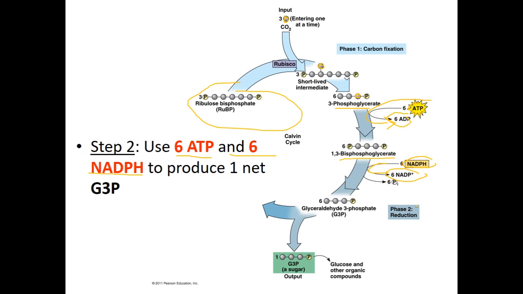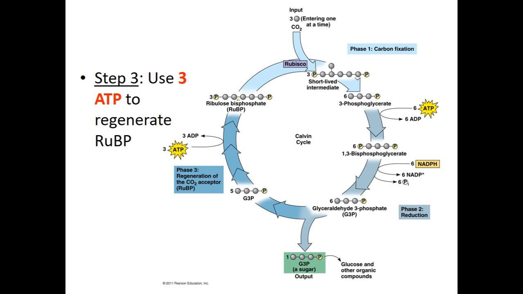And then in phase 2 is the reduction. So that is this part right here when the NADPH is dropping off an electron. It is reducing this molecule right here. The output of this is one G3P molecule, and then it regenerates RuBP. So one molecule, this little carbon entered,